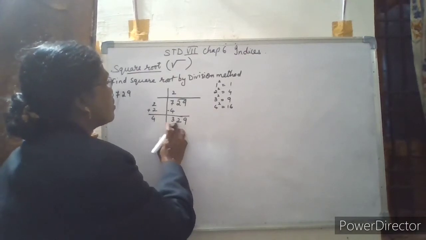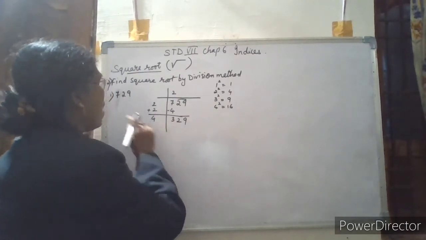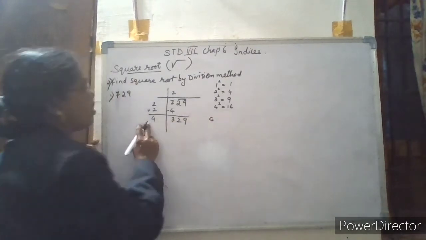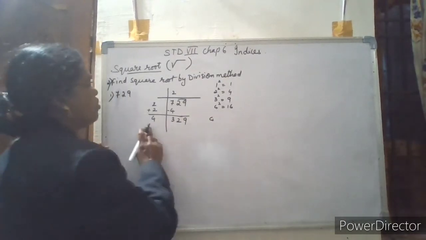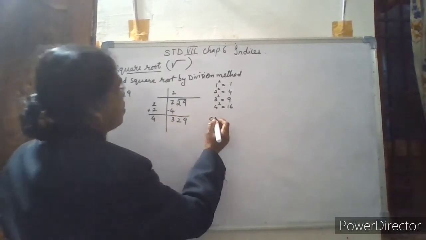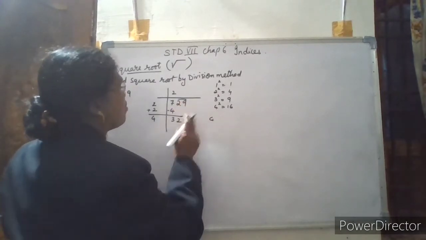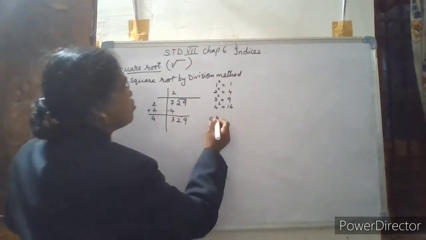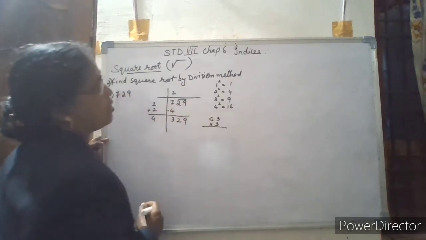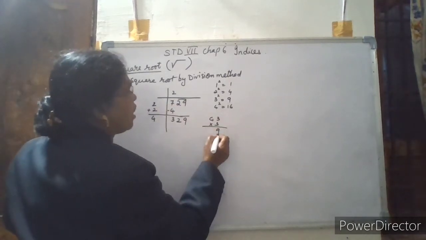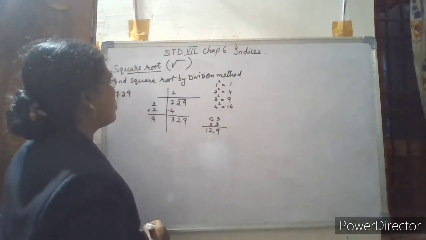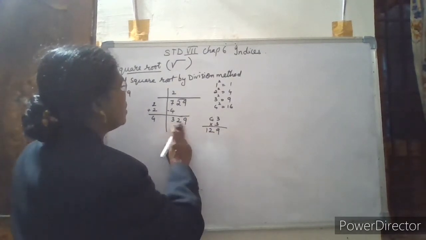329 by this. You take 4, here 4 is there. Now you take any number to this to get the same number, because this is the last number. So we have brought down all the digits. If I take 3, I have to multiply by 3 only. So 3 3s are 9, 3 4s are 12. I did not get 329.